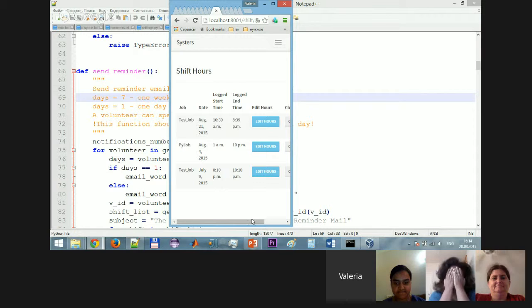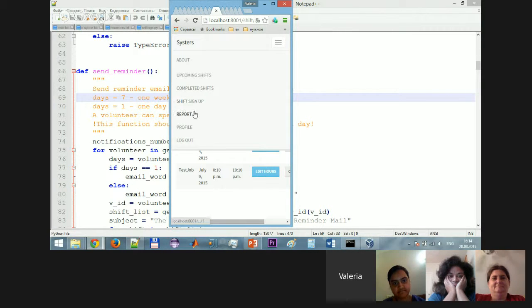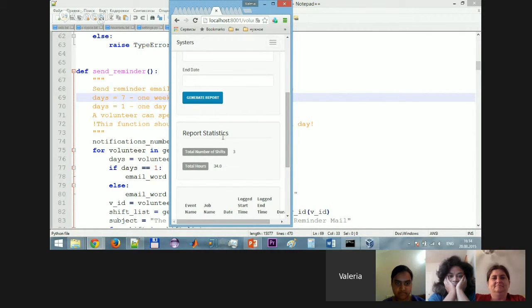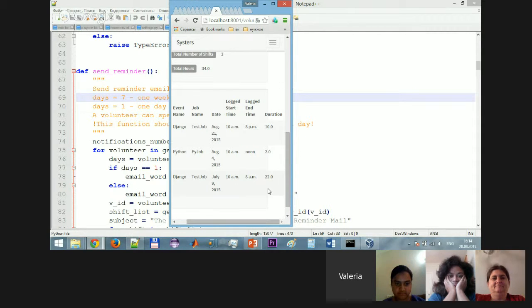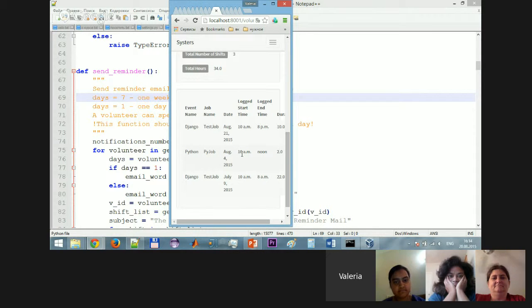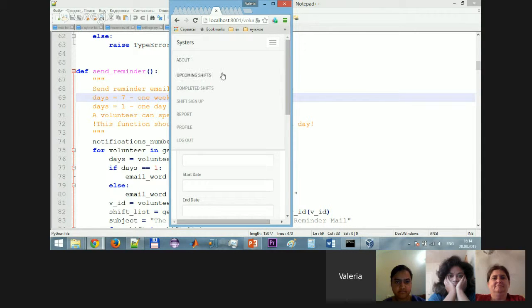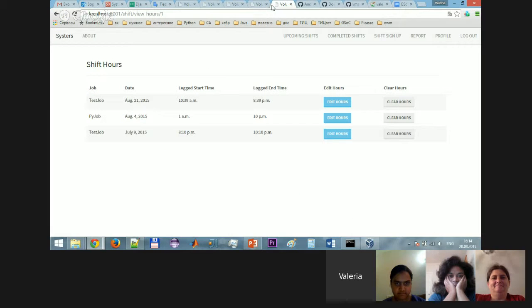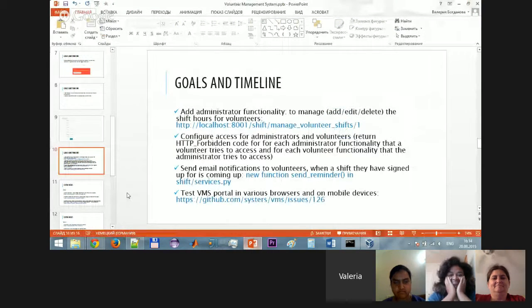It looks not so good. Perhaps we need to change something for small screens. When I generate a report, we can see that the report looks not so good. Perhaps we should fix it also. But now we have a menu here and can use it on small screens also. And then